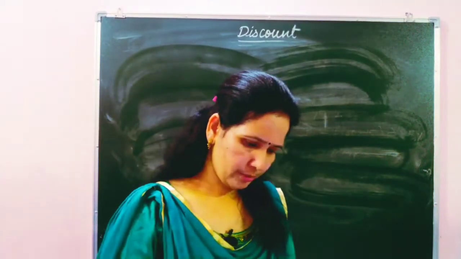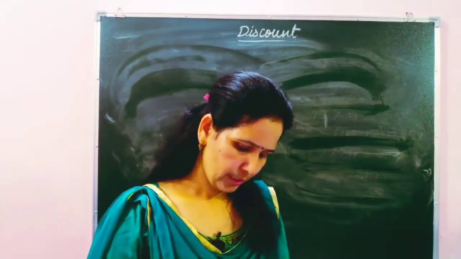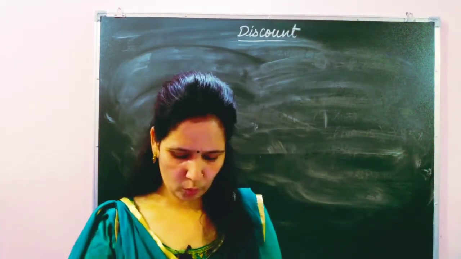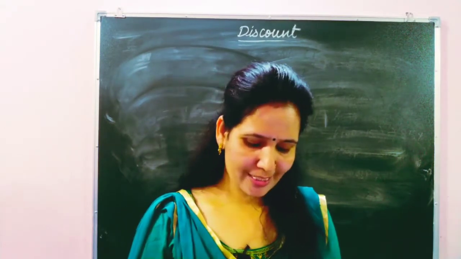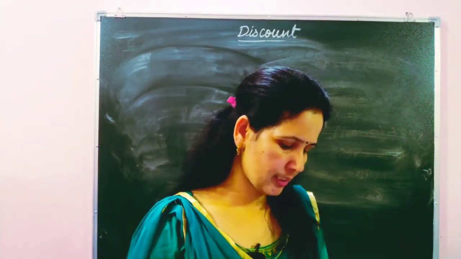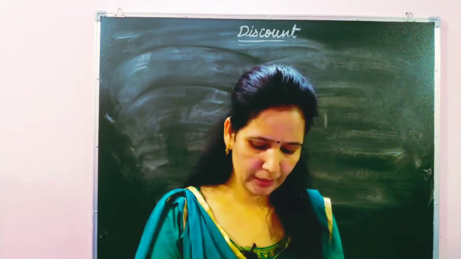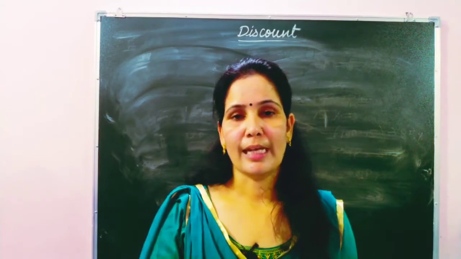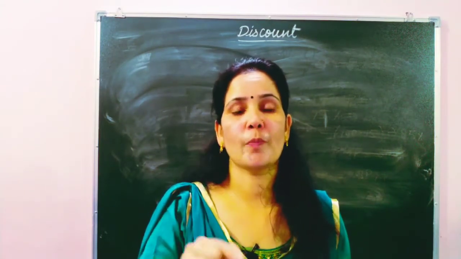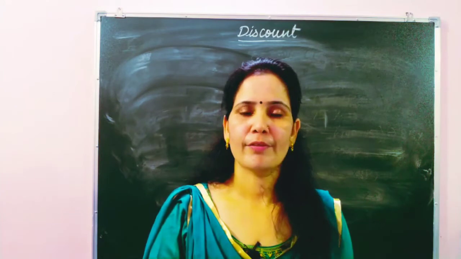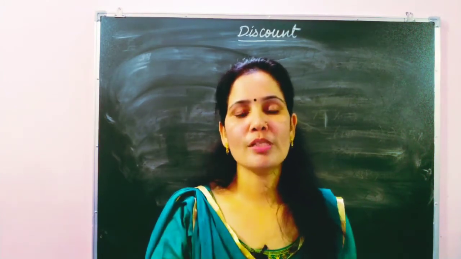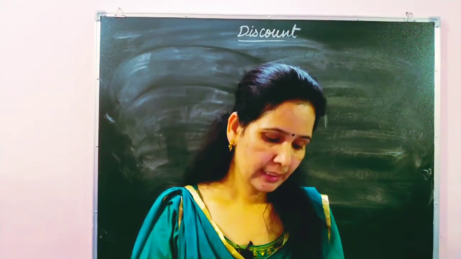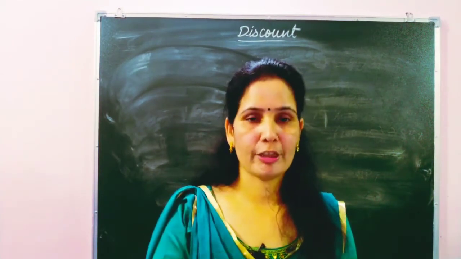Now, after that, question number 7. In question number 7 they have given: how much percentage more than the cost price should a trader mark his goods so that after allowing a discount of 20% on MP, he still gets a profit of 20%? That means we have to find the percentage by which the trader increases the cost price so that he can easily get a 20% profit after allowing the discount.